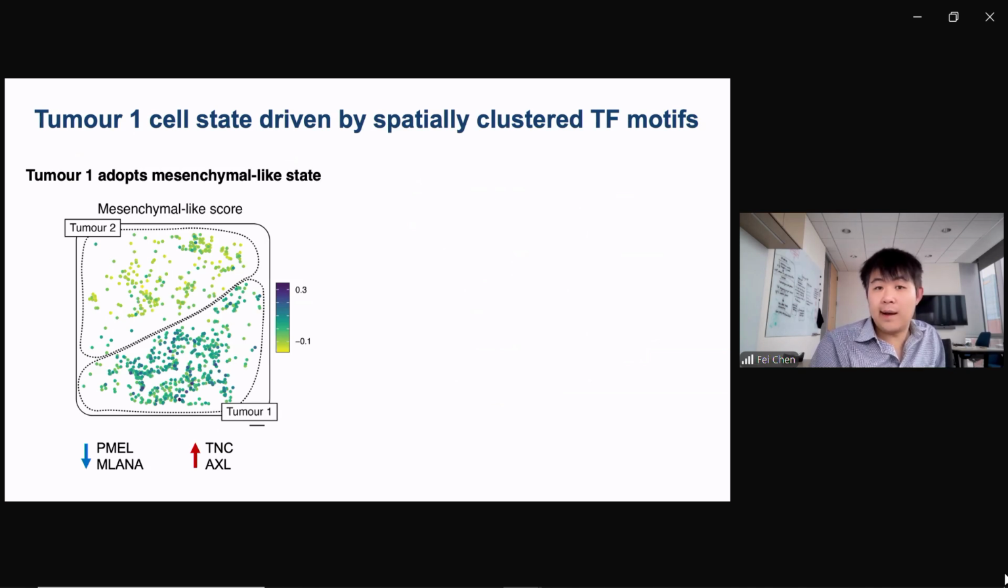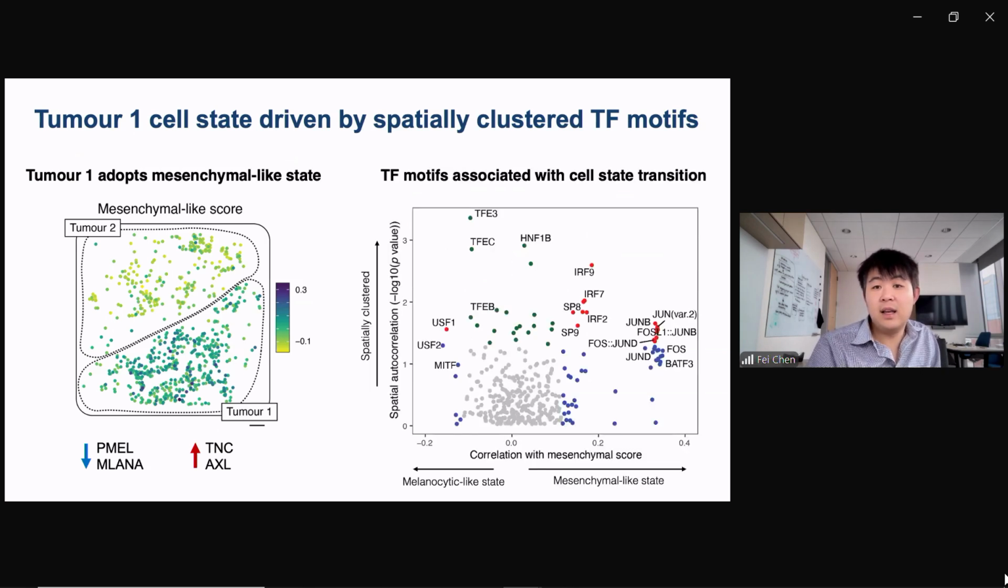We looked back to our ATAC data in the same nuclei to see if we could identify transcription factor motifs associated with this mesenchymal-like state. In this plot, the x-axis is the correlation with this state for different transcription factor motifs. You can see that FOS, JUN, and IRF9 are positively correlated with mesenchymal-like scores. This makes sense; it's previously been shown that these immediate early genes or stress response genes are correlated with this mesenchymal-like transition. On the other side, MITF, the master regulator of the melanocytic state, is downregulated in the dedifferentiated